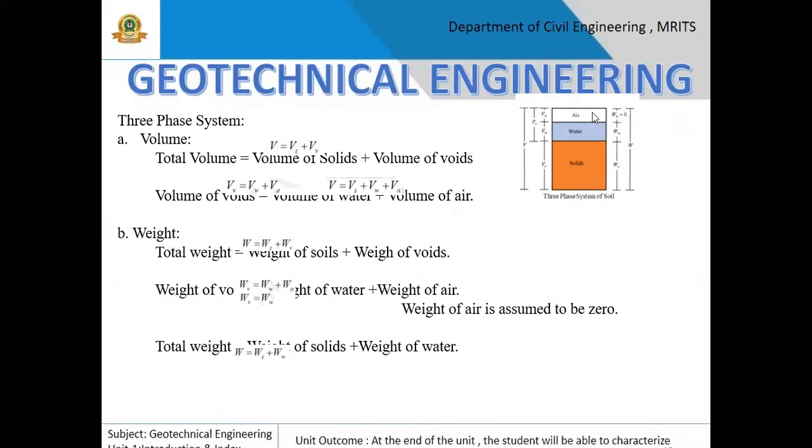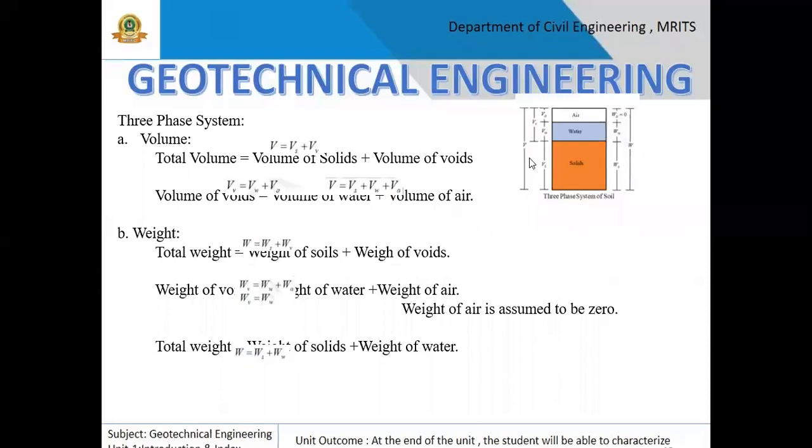So talking in terms of weights, you have Wa is nothing but weight of air, Ww is nothing but weight of water, Ws is nothing but weight of solids, and the sum of all these three weights will be the total weight of the soil sample W. So coming to the volumes, we have Va as volume of air, Vw as volume of water, and Vs is volume of solids. And combinedly, the volume of air and water is also called volume of voids, that is Vv. And the sum of all this is called total volume, capital V.